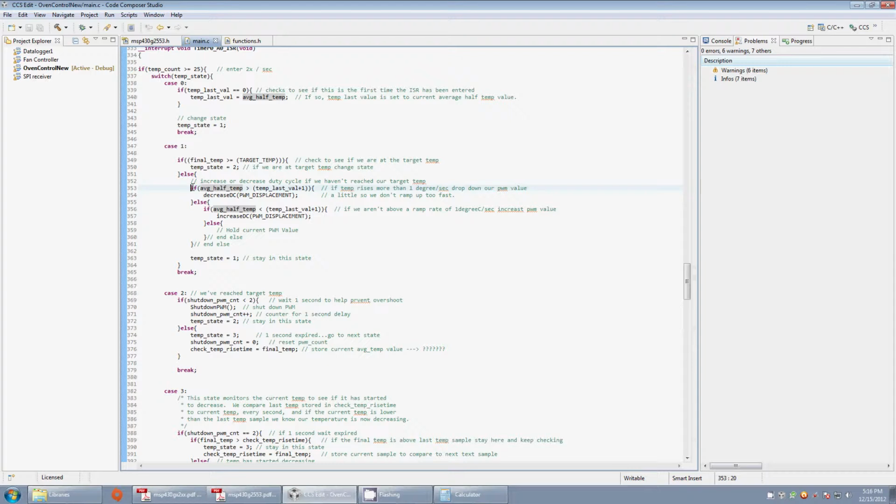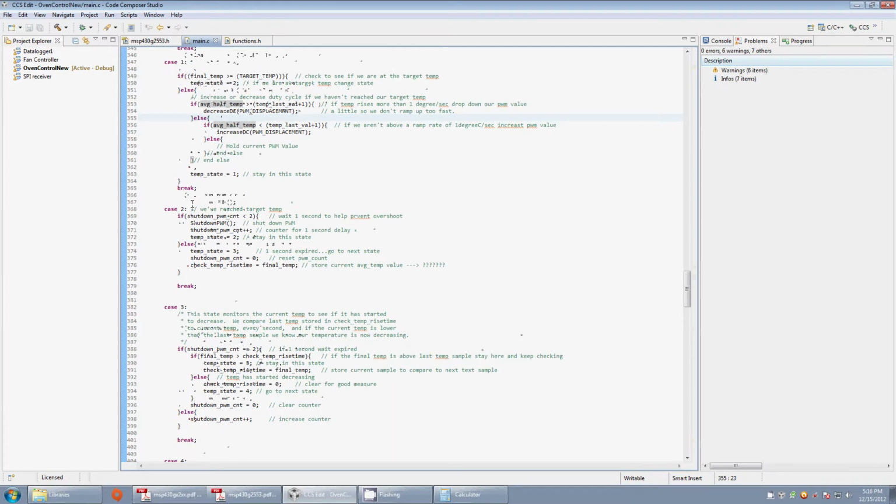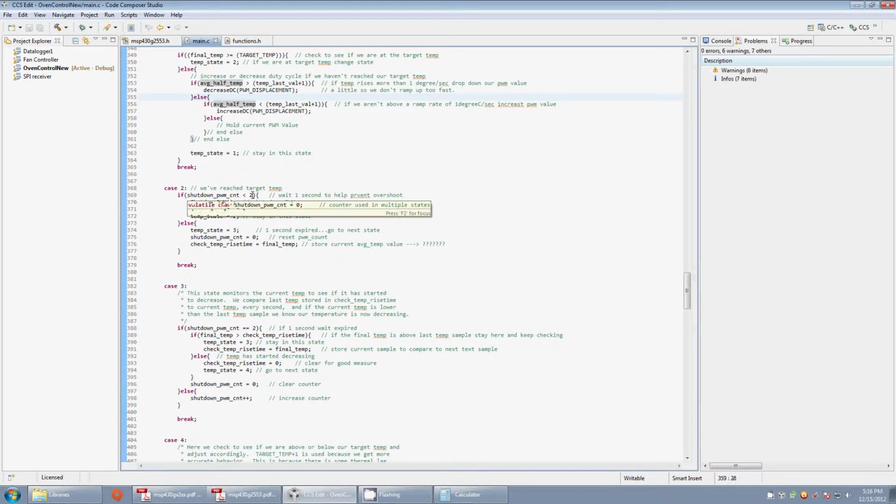This if statement right here only makes sure that we don't increase at anything greater than a degree per second. Once we reach our temperature, we jump down here. We wait 1 second or 2 counts, since we interrupt every 500 milliseconds. Once we wait 1 second, we shut down our PWM, and this is done to help prevent some overshoot. You can see in the demo there's a little overshoot every time we hit a temperature. We go about 2, maybe 3 degrees over. This shutdown basically buys us some time to kind of smooth out that overshoot,